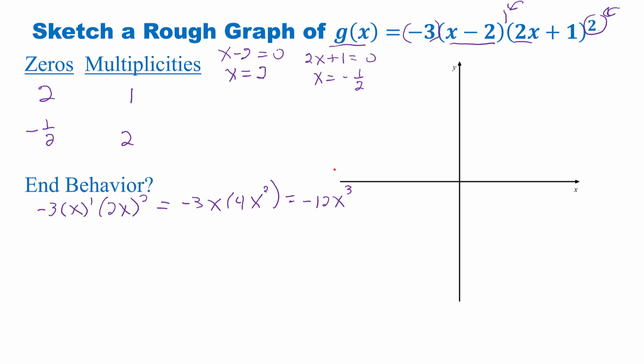So we have an odd degree and a negative leading coefficient. Our end behavior is going to be like y equals negative x cubed,